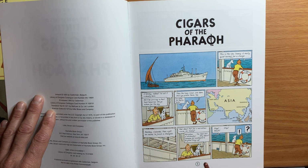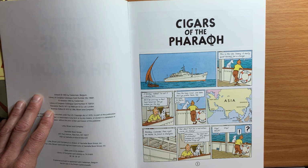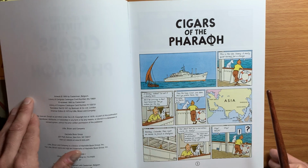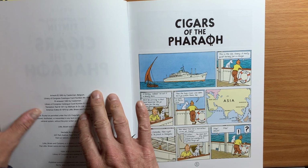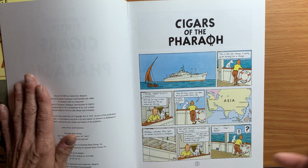He speaks in a much more British way. That's why I didn't think he was an American. He'll say little things that Americans would never say. And so I thought, oh, he must be English. Anyway, the Cigars of the Pharaoh starts off. And by the way,